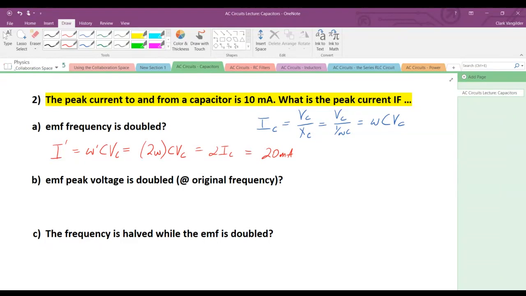Okay. And if the peak voltage is doubled, same thing. I guess I just explained that. I'll call that double prime. So really same answer twice in that one. And if the frequency is halved, well, the EMF is doubled. Okay, and so you bump one up by an amount and then you drop the other one by the same amount, nothing changes. Okay, so current would just stay what it is,